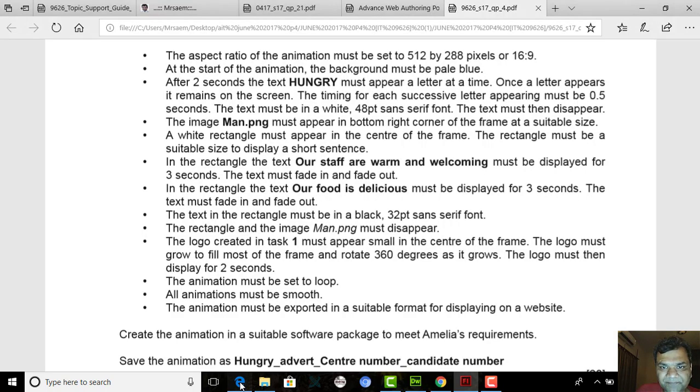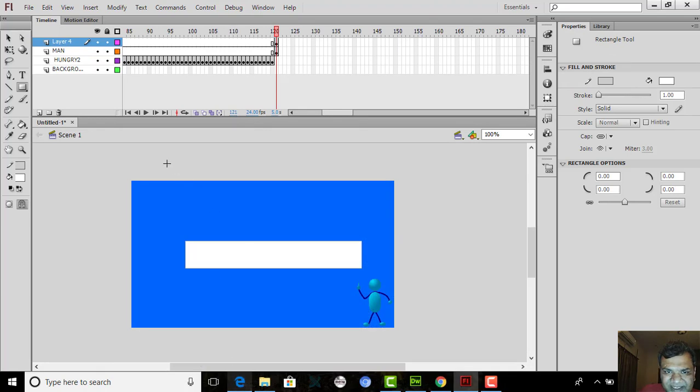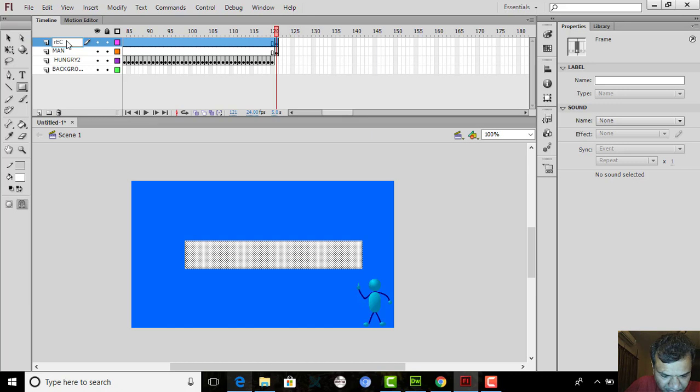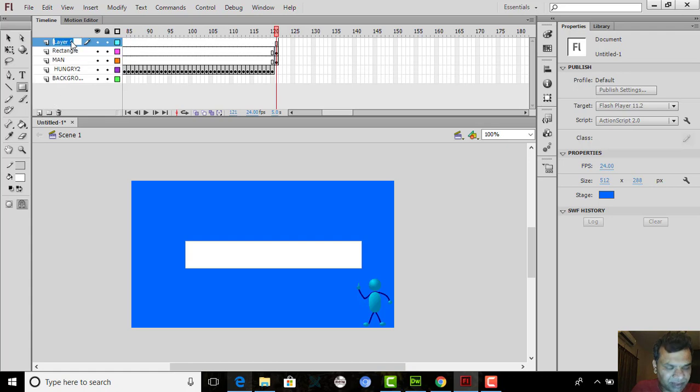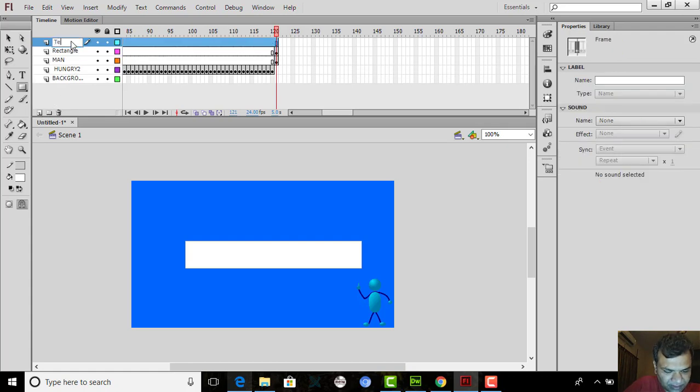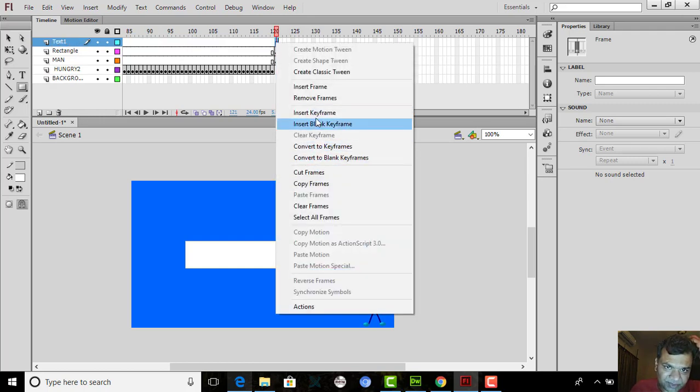Read next. Okay, in the rectangle, the text "Our staff are warm and welcoming" must be displayed for 3 seconds. The text must fade in and fade out. So that's my rectangle. I will name it rectangle. I'll add a new layer, and this new layer that I've added, I will name it text 1, right? And again, I need to right click over here and say insert keyframe,